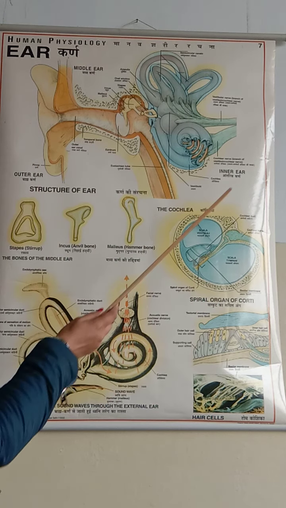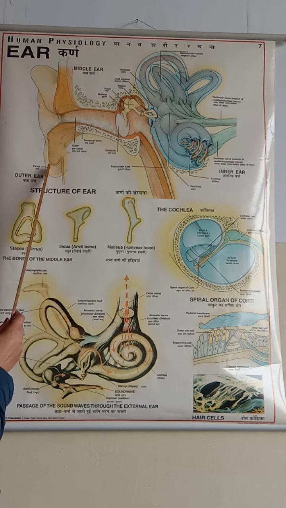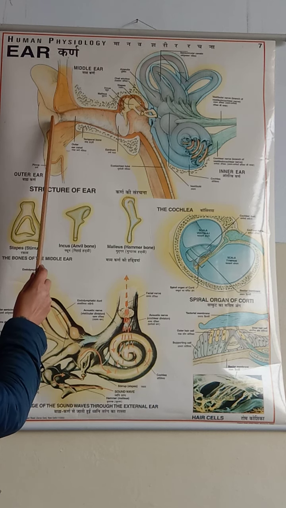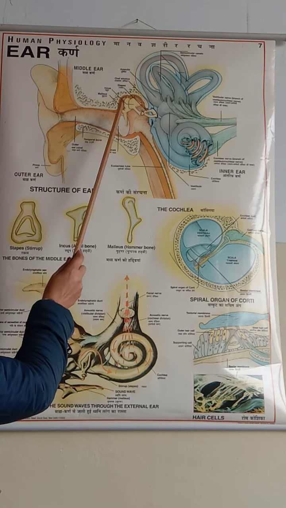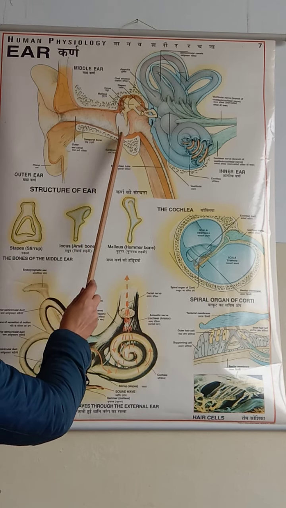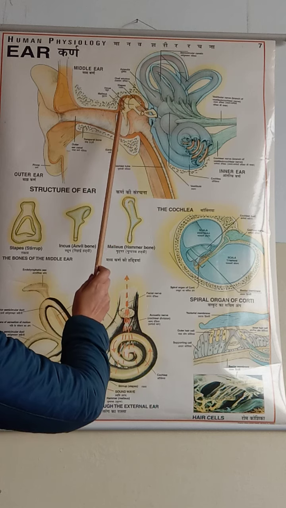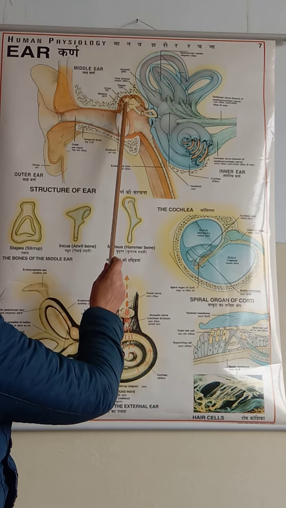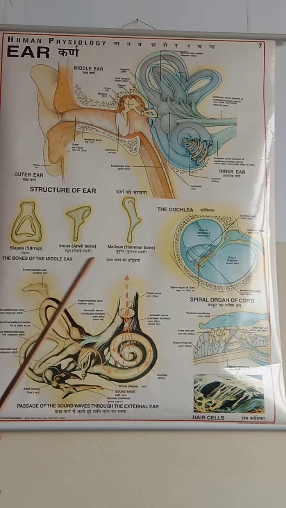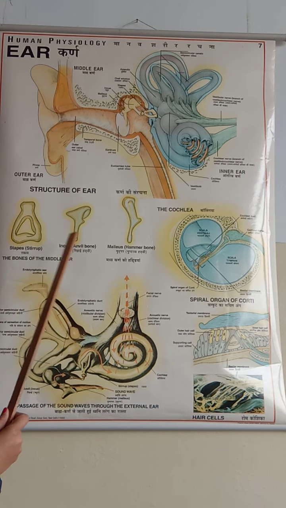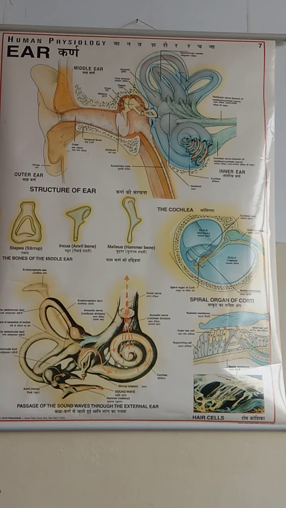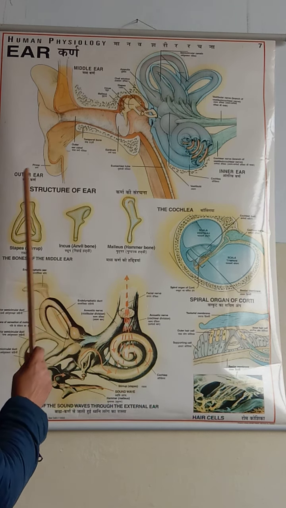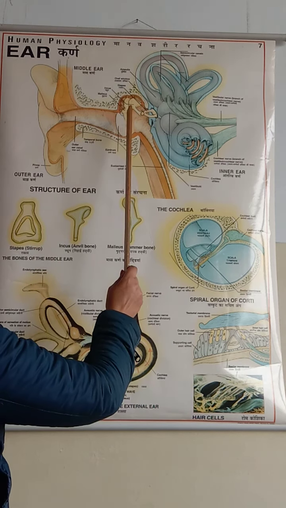Right? So coming to the structure, this is the diagram of the ear. This is the outer ear, which is called pinna. This is the auditory canal. Here is a bone, that is the temporal bone. This is the eardrum, that is called tympanum. Here three small bones are there, malleus, incus and stapes. Like you can see here, malleus, incus and stapes. Malleus is also called the hammer bone. Incus is called the anvil bone, stapes is called the stirrup. Alright, these are the three small ear ossicles that are present in the middle ear.